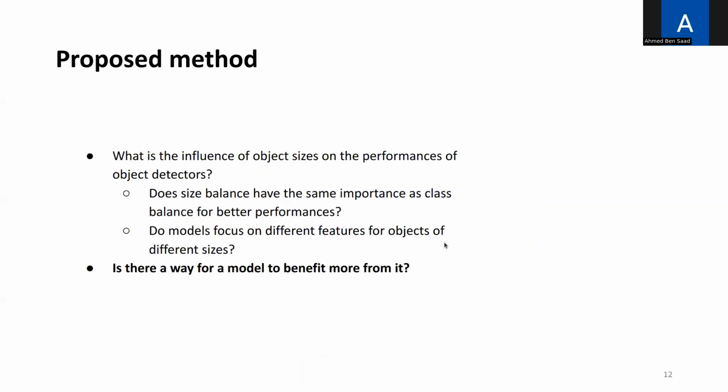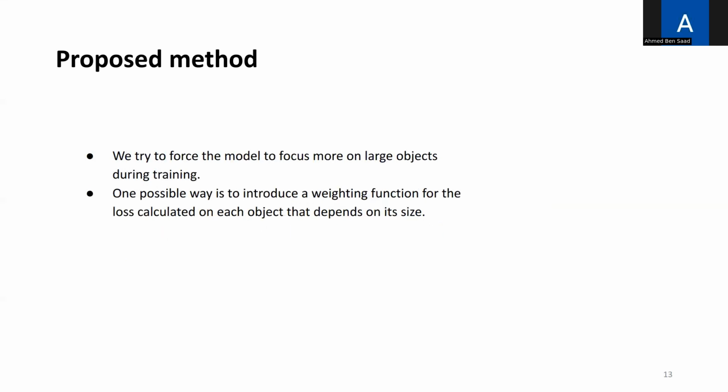So these are curious, interesting results, but how can we benefit from them? The first and most straightforward idea is that we want to force the model to focus more on large objects during training without removing the small objects from the training. So one possible solution is to introduce a weighting function